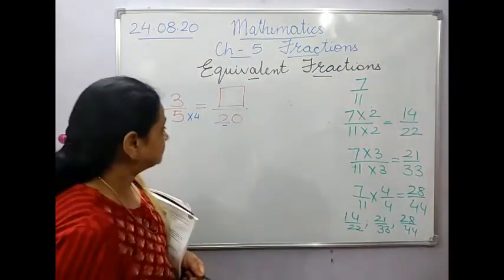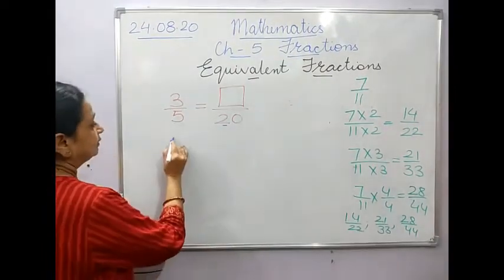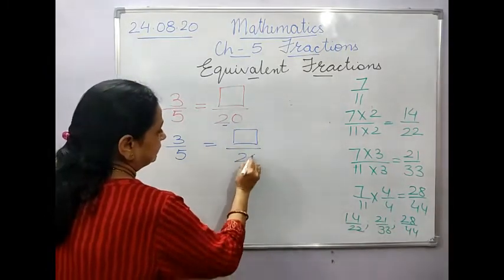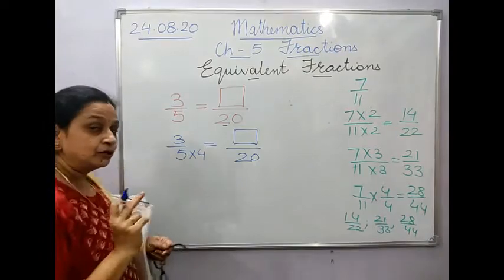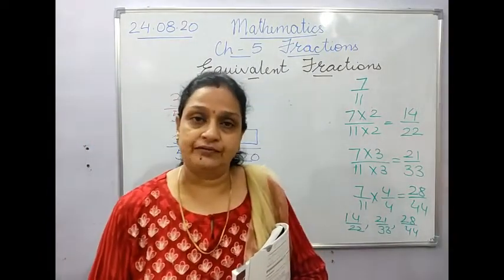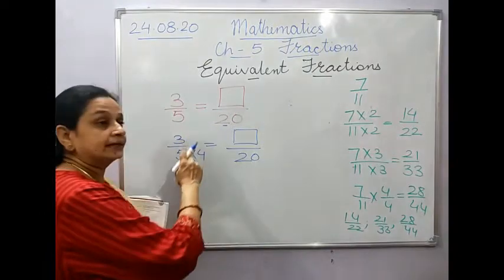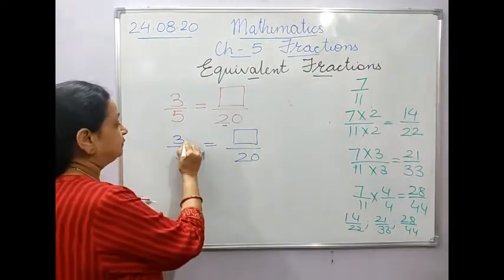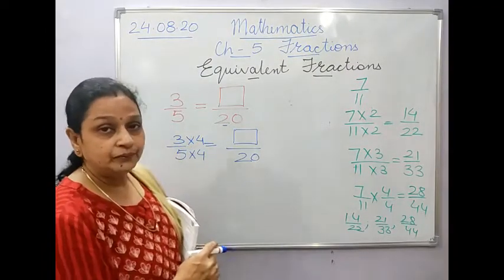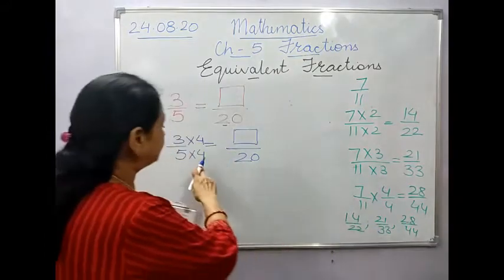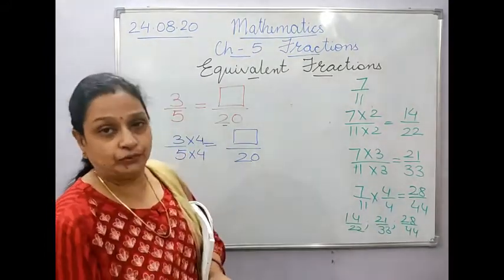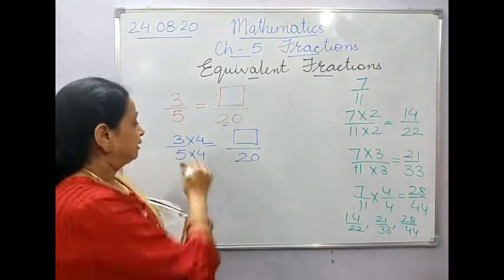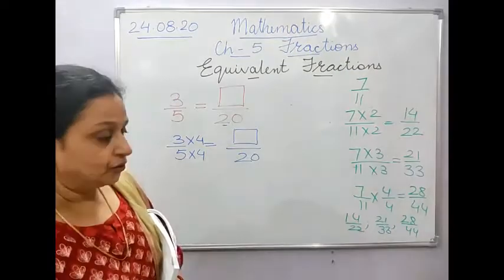You know that? So I'll just take it another step over here. 3 upon 5 is equal to this upon 20. So we are multiplying with 4. And you know that when we have to find out the equivalent fraction, we multiply the numerator and the denominator by the same number. Here we have got 4. So that means we have to multiply this by 4 also. Sorry, the numerator has to be multiplied by 4. So 3 4s are 12 is your answer.